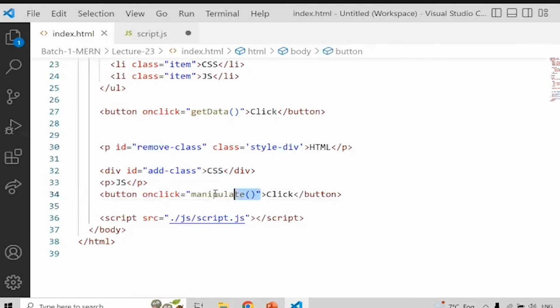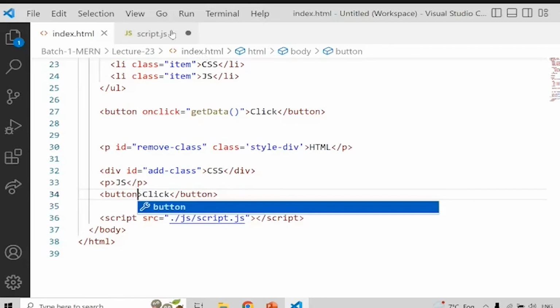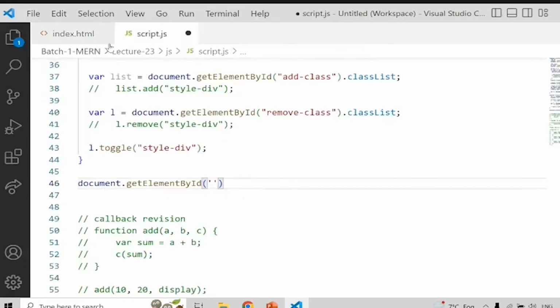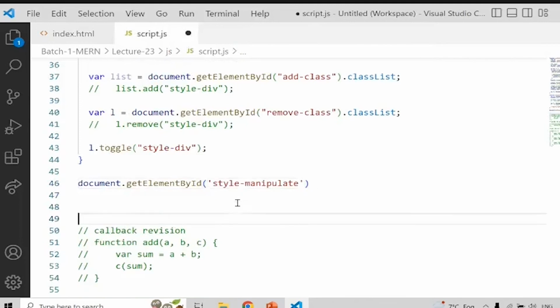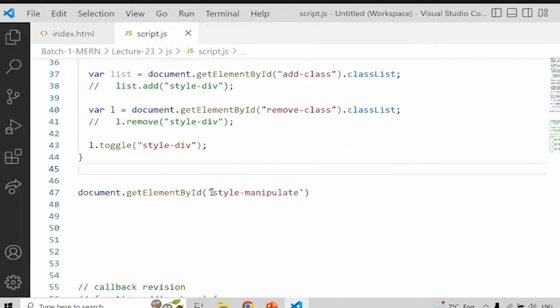I will attach this event on this button through JavaScript now. So I need to add an ID. So here I will write document.getElementById dot